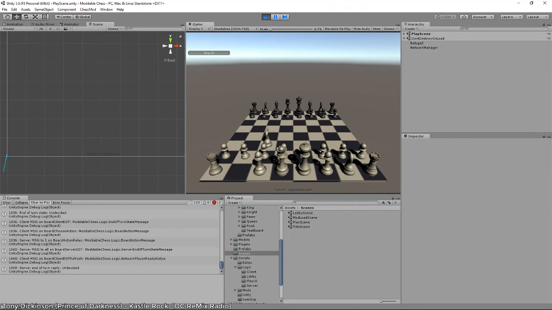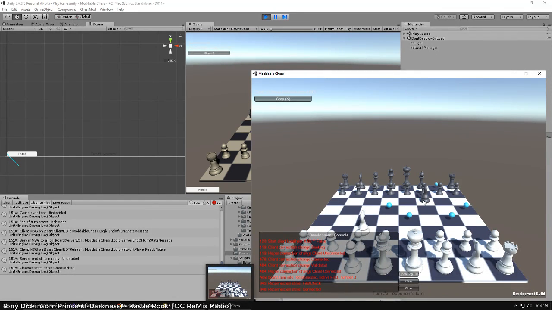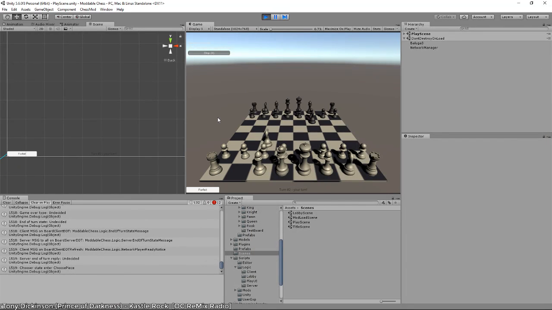So turn 1. Alright, so the number is a little strange. I'm not sure if that's how people normally think of turns, but